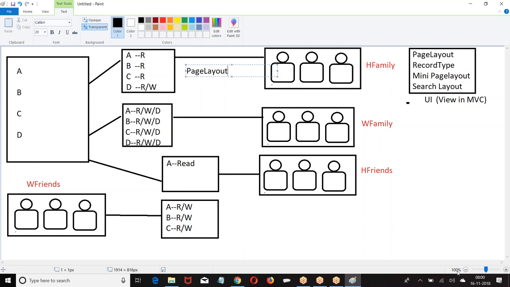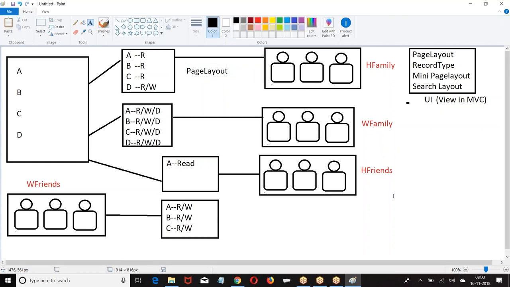I told you there is a possibility of showing different ways to different people. I give multiple page layouts. If you want to show everyone in the same way, a single page layout will be there. You have a choice to create multiple page layouts. If for everybody I want to give the same view, one page layout will do it. I hope you are good with this. Clear for everyone? Okay. Then I hope you got this concept. Let us go to the next thing.